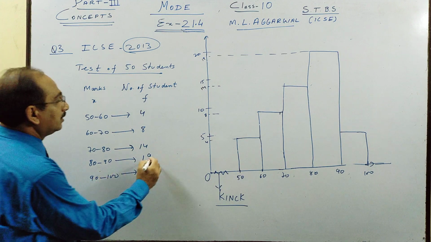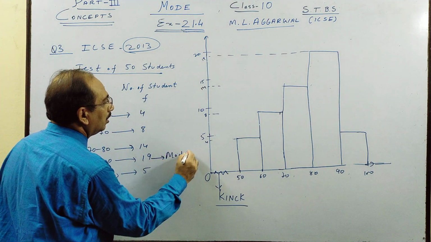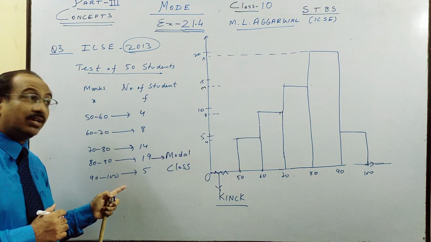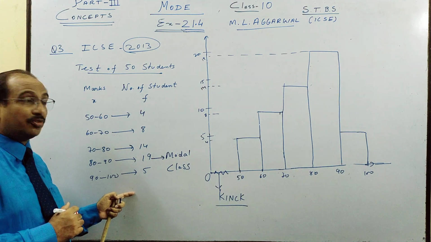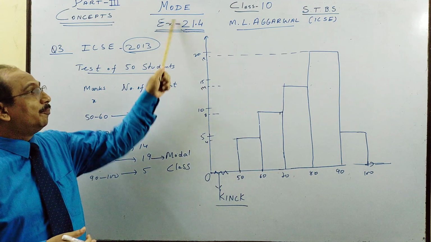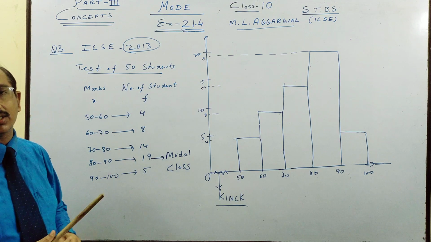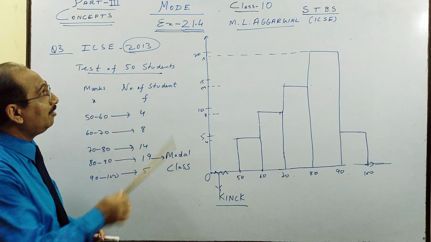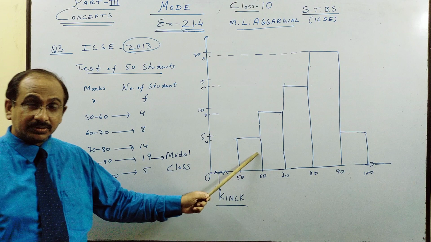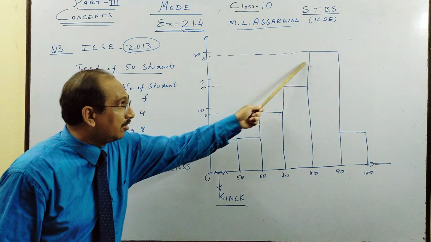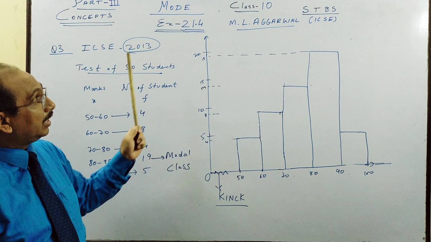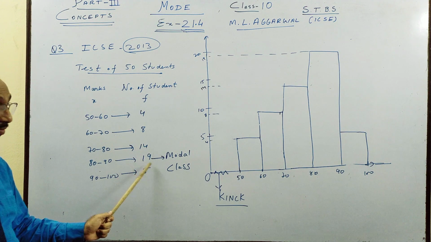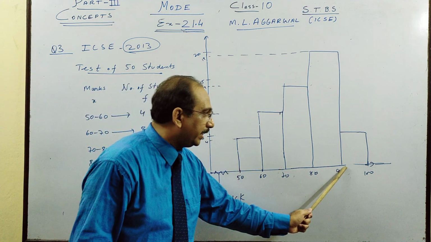80 to 90, this is what we call the modal class, because there is a way by formula also. We do that in 11 and 12, and in some boards they use the formula. Therefore you will see some people finding mode by formula, but that is not in ICSE, children. Median and mode by formula is there in some other board. In class 11 and 12 we have mode by histogram and median by ogive S curve, like this you will get. That I will teach you in the next session, next class. So this is called modal, meaning which has the highest frequency. Answer will be between 80 to 90, you will see.